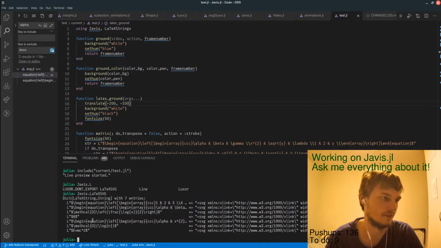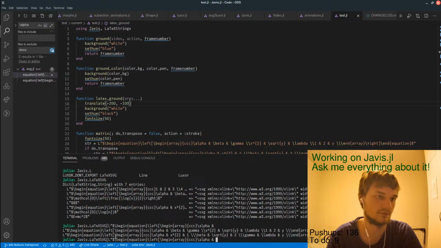And we are this one. So again, equation alpha. Why do I have several alpha? But I think I want to have. Oh, I want to.